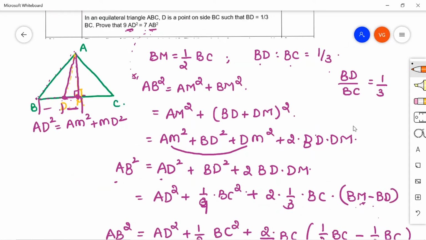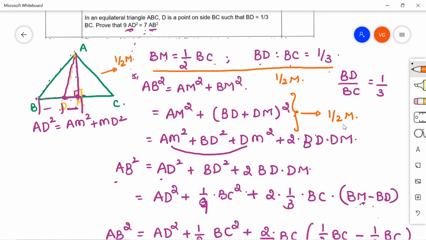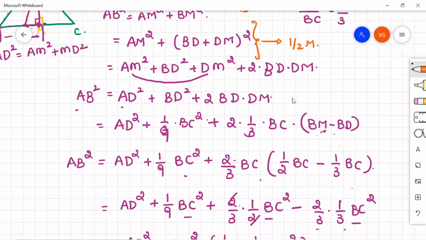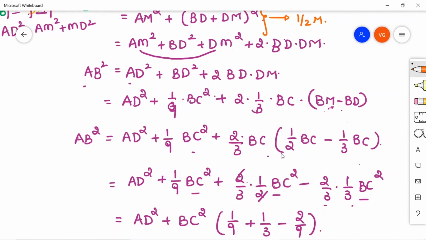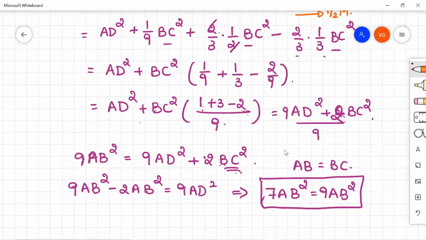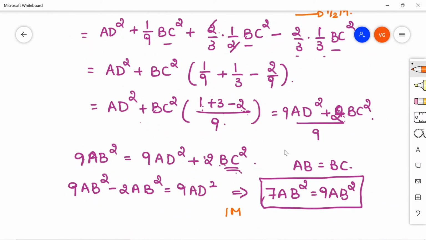Coming to marking criteria for this problem: for construction of this triangle, half mark; writing out this relation between BM, BC and BD, BC, half mark; writing the Pythagoras theorem and substitution, half mark. Then see, everywhere you have simplified this into BC form, right? So till here you will get another half mark for this step. Simplifying, getting the final answer 7AB square is equal to 9AD square, you will get